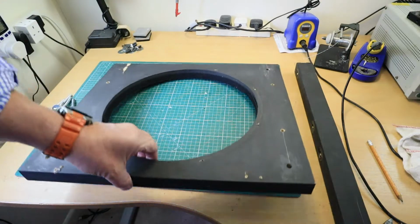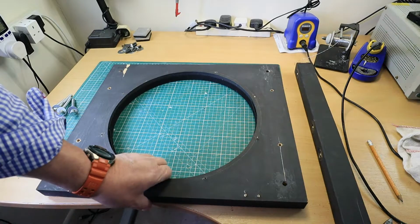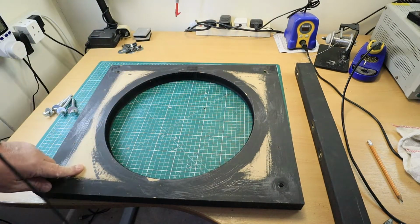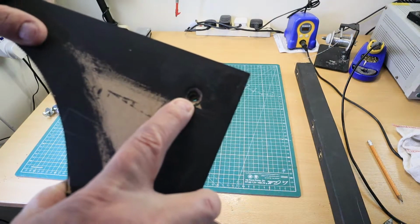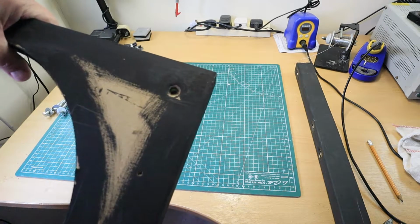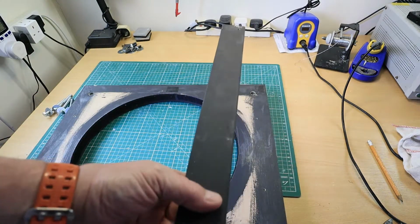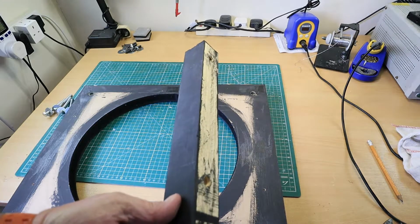There are 5 pieces of MDF, and then you have to mount that on 2 legs, if you like, or chassis legs. Because I didn't like the idea of having bolts through the front, I drilled a 10mm hole. These are, I think they're called nutserts, and you glue them in from the front. All this will become apparent in a second. Again, leave it for a while. And the legs are made up of a bit of 2x2. In actual fact, this is a bit of what they call CLS in the UK. It's a bit of stud work gear,